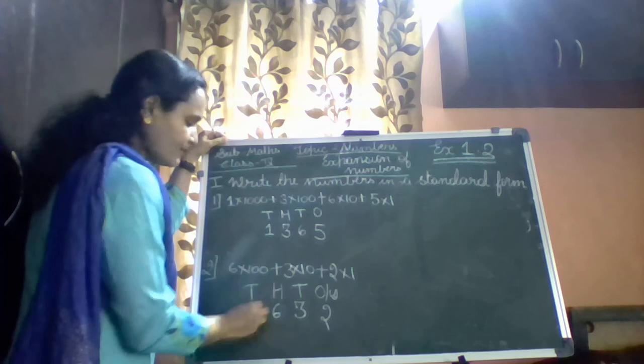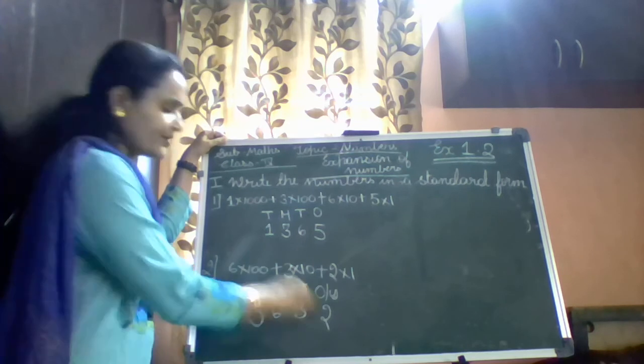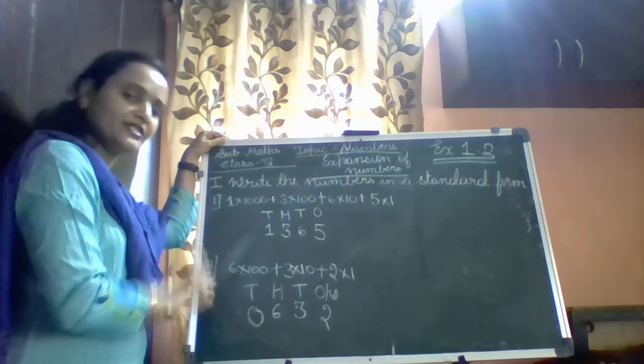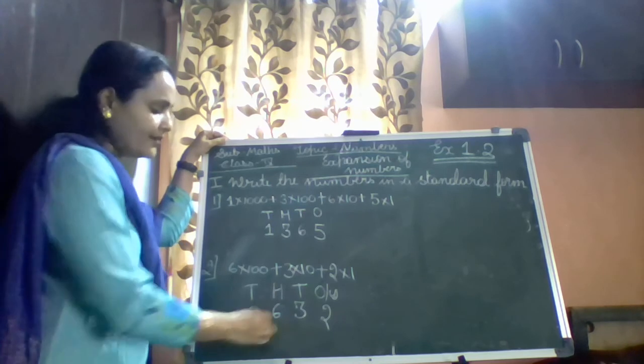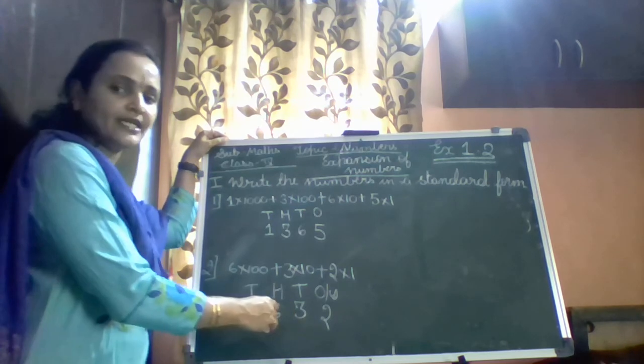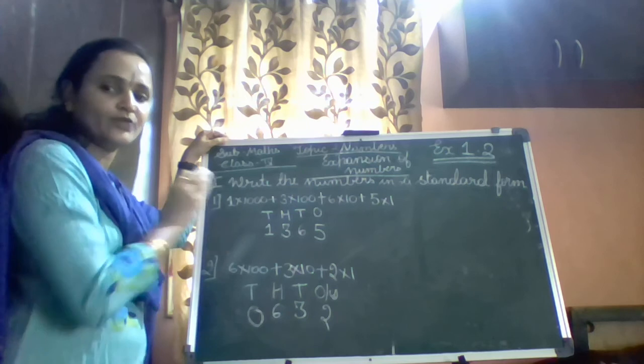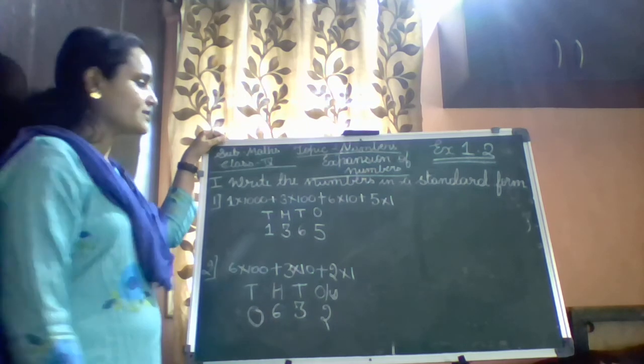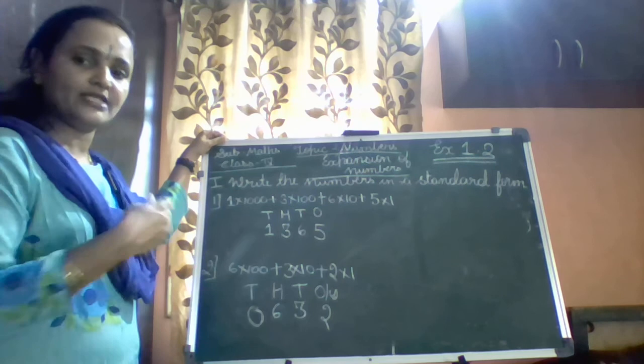You don't have any number here, add 0 here. Wherever you don't have any number, you have to compulsorily add 0 there. If it is before, it is okay. If you don't have, don't add. But if it is in between, you don't have any number, it means you have to add 0 to that number. So the answer would be 632. So this is how you write an expanded number to the standard form.